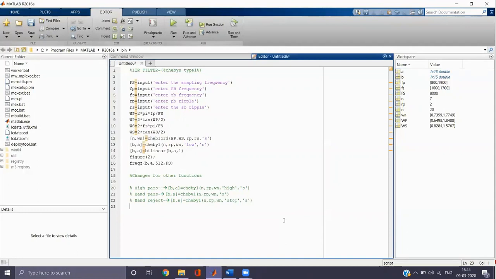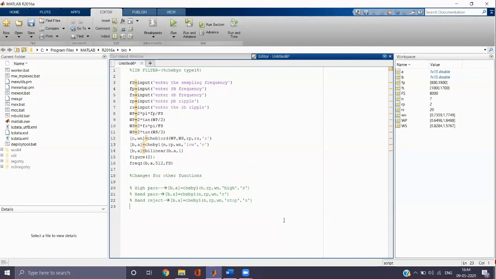So by using the function bilinear, we can compute the bilinear transformation and find the corresponding coefficients B and A. The command given is [B, A] = bilinear(B, A, 1). So wherever s is there in H of s, s will be replaced with 2/T times (1 minus z inverse) by (1 plus z inverse), where T is 1.